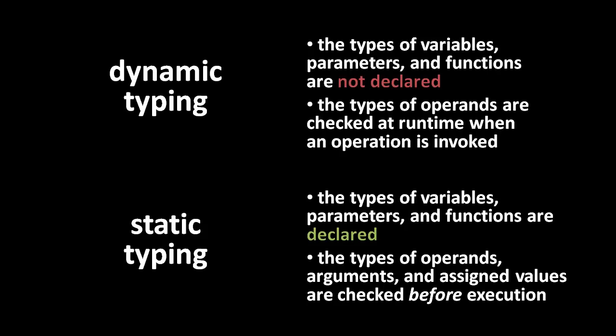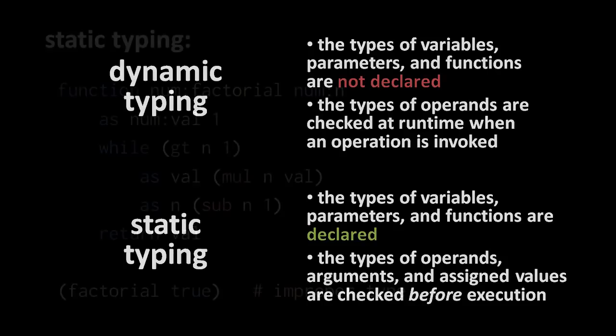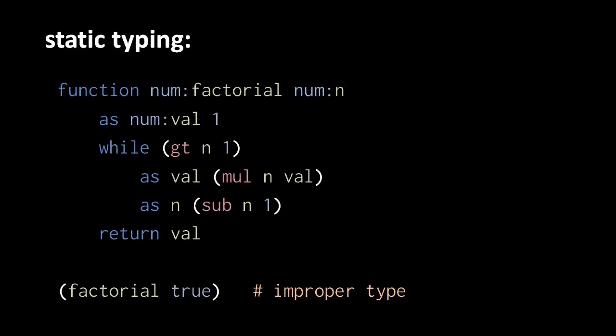So, say we wanted to turn Pigeon into a statically typed language. We could do so quite simply by requiring type declarations for every variable, every function parameter, every function return type, and every created collection. Let's say the declarations are written as type names prefixed with a colon. So here the factorial function's name is prefixed with num, denoting that the function can only return numbers. The parameter n is also prefixed with num, denoting that only numbers can be passed to n. And the variable val is also prefixed with num in its first assignment, denoting that only numbers can be assigned